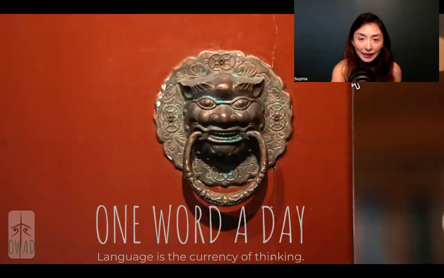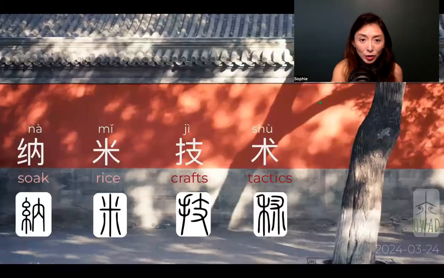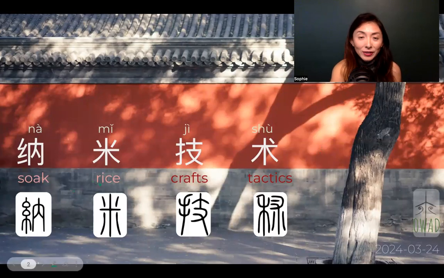Let's continue unpacking some Chinese translations of Western concepts. And today we're going to talk about 纳米技术, nanotechnology. And 纳米 is the Chinese translation of this nano thing. And 纳米, actually this 米 is